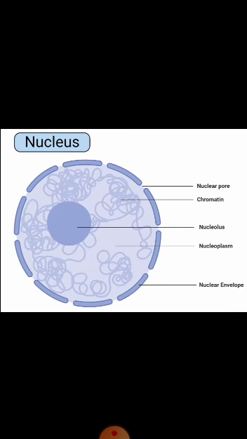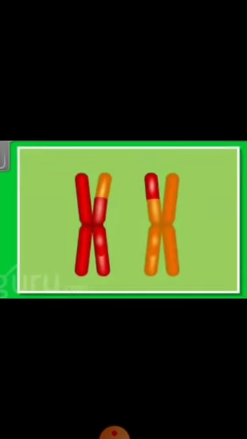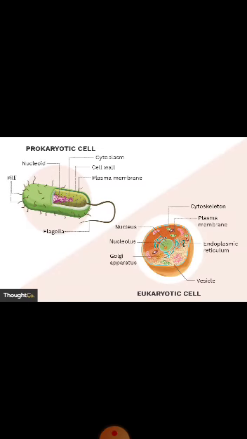This chromosome is present as an entangled mass and gets organized into segments when the cell is about to divide. Nucleus plays a very important role in reproduction. Basically, the presence and absence of nuclear membrane differentiates the cell into a eukaryotic or a prokaryotic type of cell. That is, if the nucleus is enclosed in a membrane, then they are called eukaryotic cells.